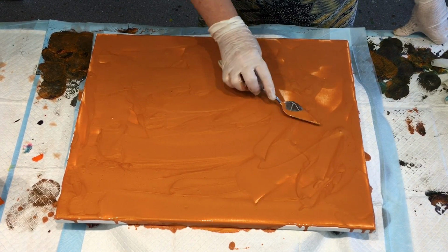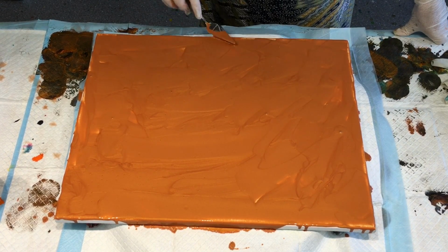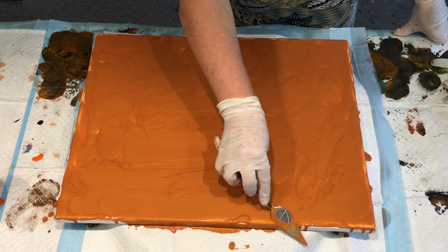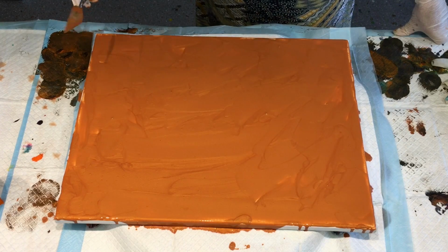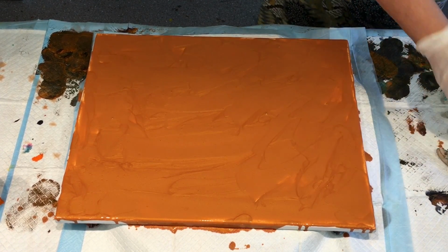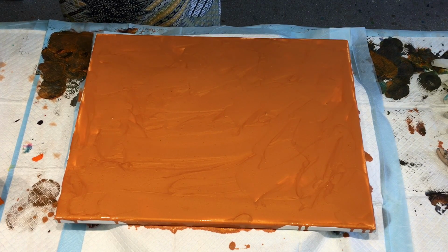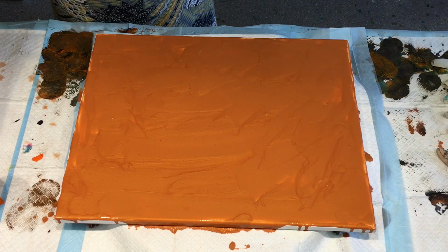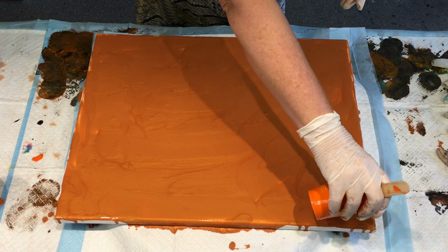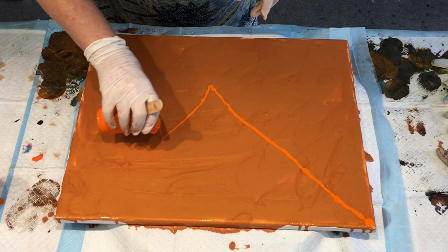Now, I'm already a little bit worried about this colour, because it's obviously translucent in that it's see-through. You can see the canvas, so I'm hoping that when it dries off you won't, or I may have to blow some more paint further over it. Okay, that is the first of firsts. Let's go. I am going to do kind of a V down this particular painting, not right to the bottom, but